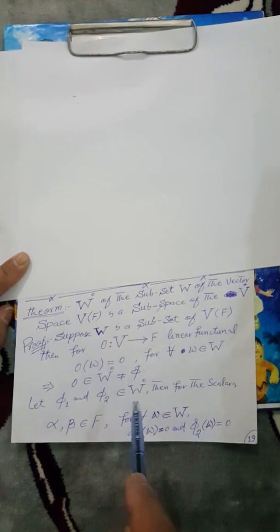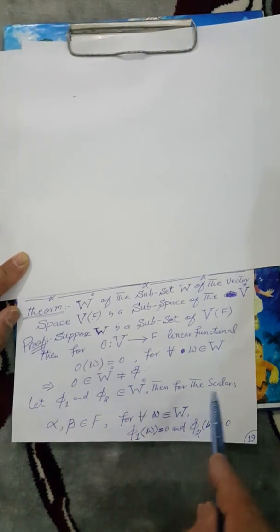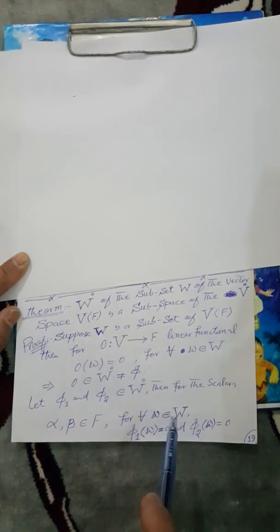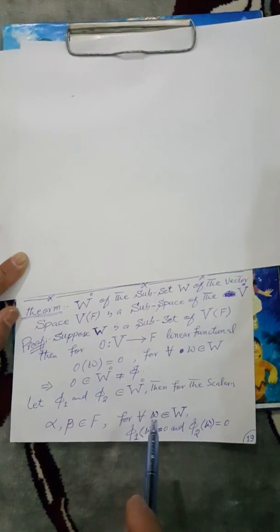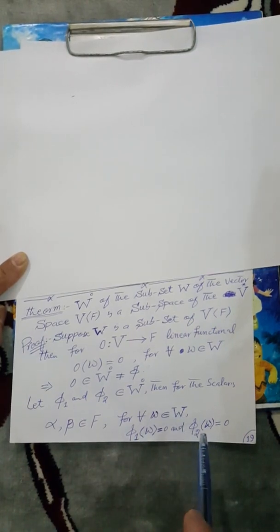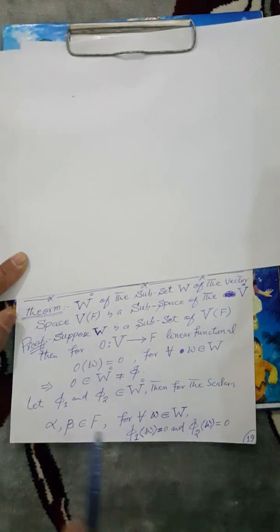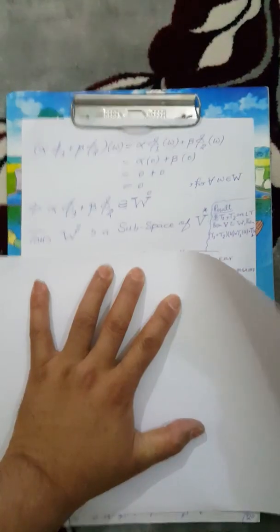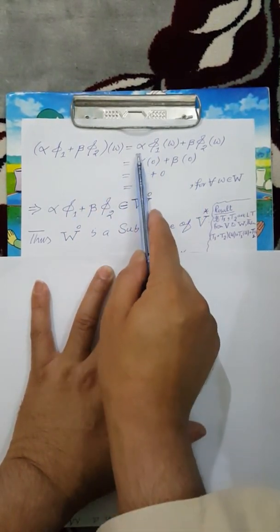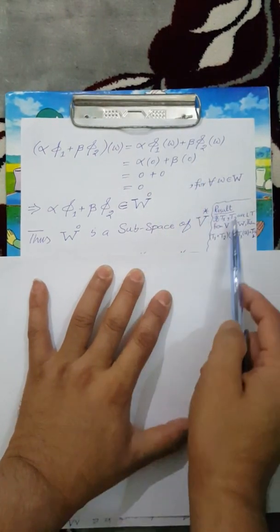Let φ1, φ2 be another two linear functionals contained in W°. Then according to the definition, the image of every element of W under the linear functional φ1 is equal to 0, and the image of each element w of the subset W of the vector space V over the field F under the linear functional φ2 is also equal to 0. And for any two scalars α, β, (αφ1 + βφ2)(w) is equal to αφ1(w) + βφ2(w), according to a result